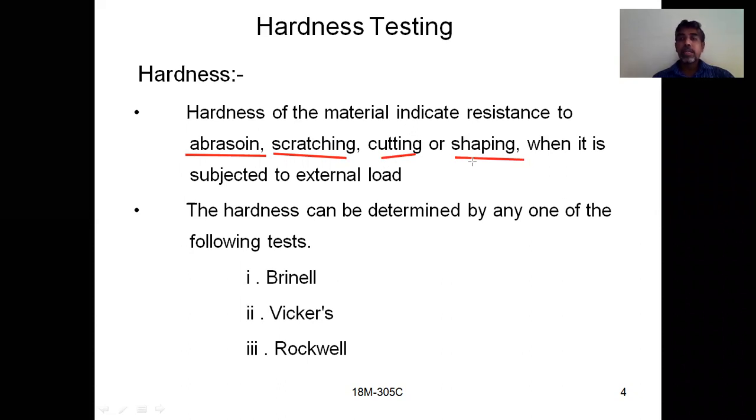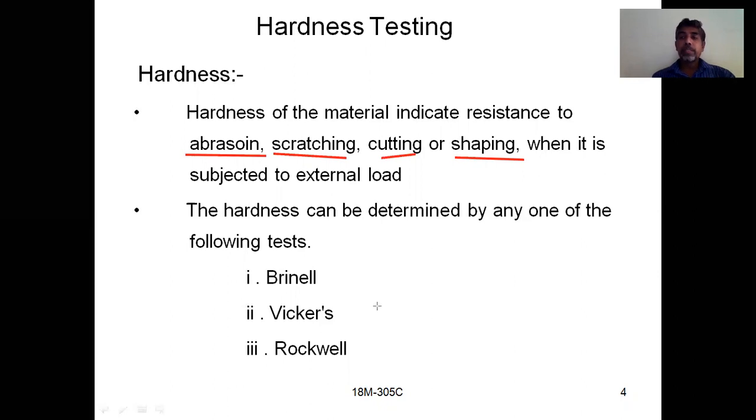So it is the ability of the material to resist indentation, penetration, scratching and cutting. All this comes under the hardness of the material. If it has that ability, then we can say that the material has good hardness.